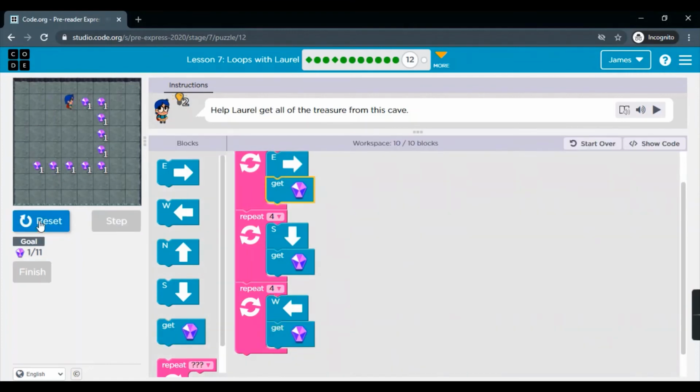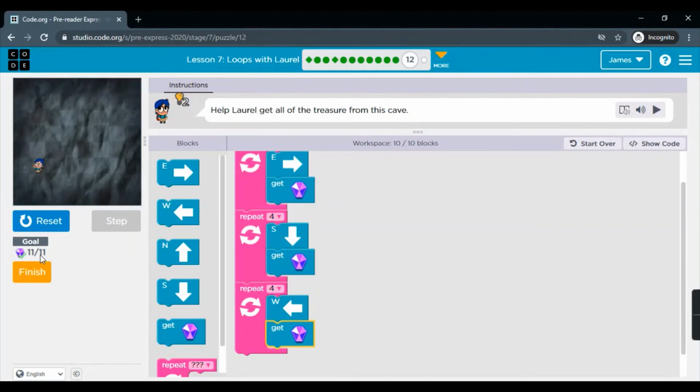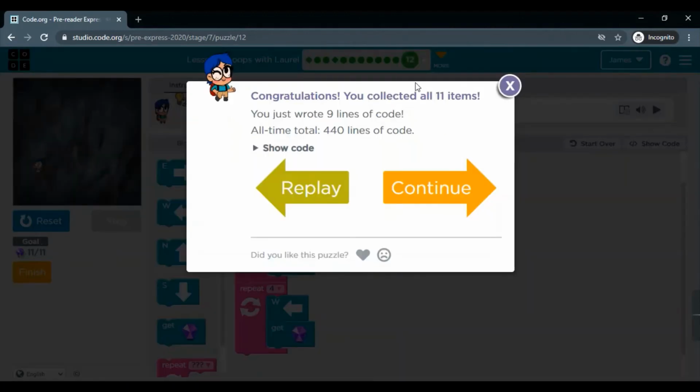Let's run it. Let's see if we are able to reach our goal or not. Our goal is 11. Yes, we did it.